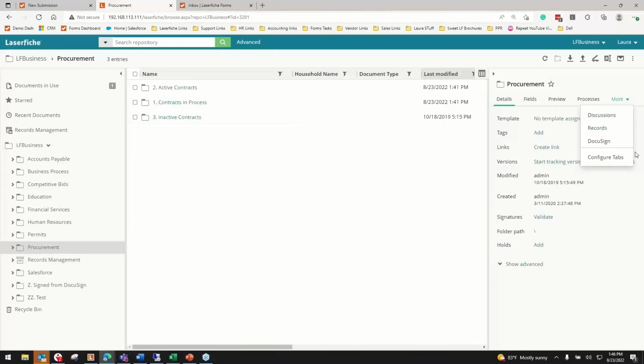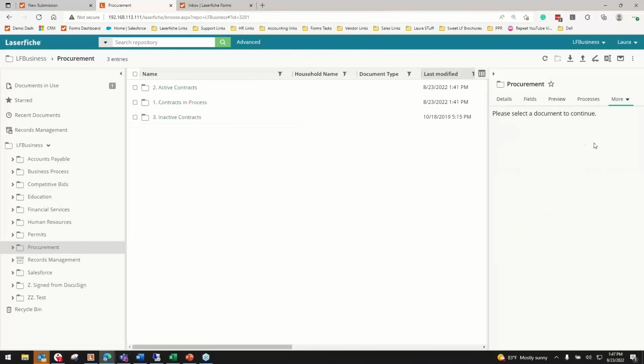So if they're looking at a document of a certain type, maybe this tab is available, and then they can fill out a Laserfiche form and push it on. So that is an awesome use case. I would love to see a little bit more about it just because I don't have it. We have DocuSign built into one of those custom tabs. I don't think